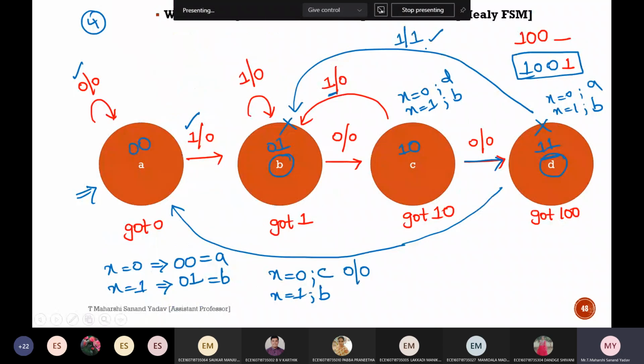So why this is important: in order to represent output. Simply go to the state diagram. In the state diagram, this will be present state, this will be next state. When input x is equal to 1, it is going from D to B and it is giving us an output of 1. So that's the reason we have to check always at the rate present state, next state and input x. So what is the condition? If present state is equal to D and the next state is equal to B, then output will be 1 or else it will be 0.